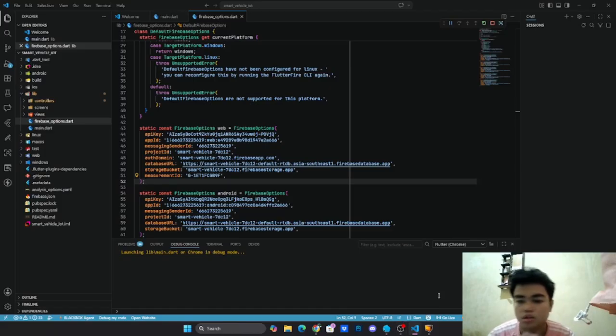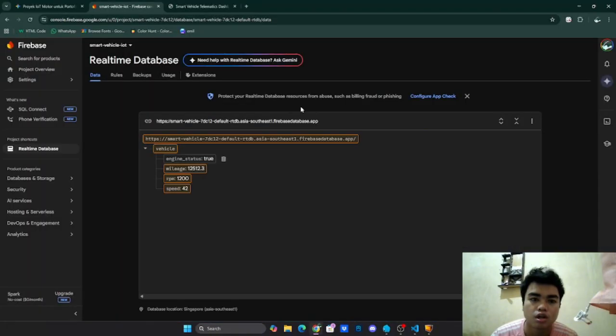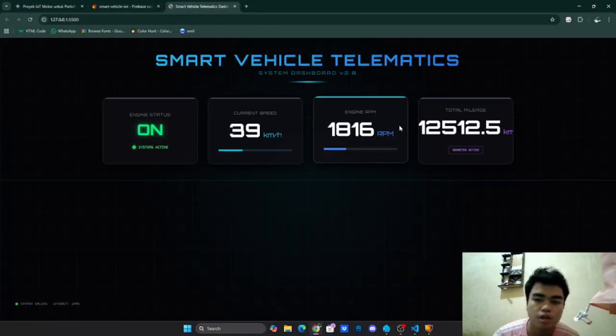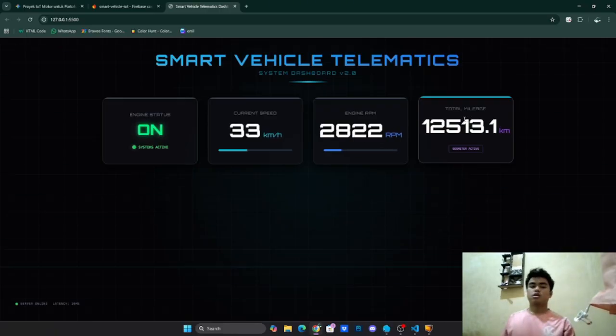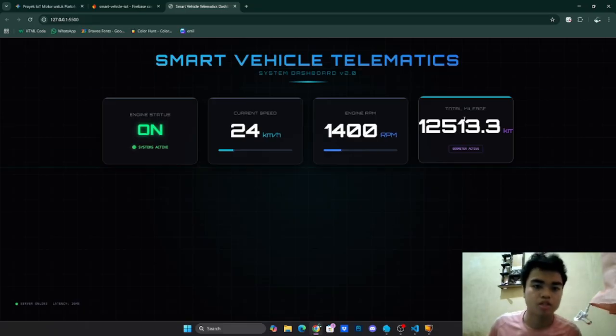In the next video, maybe I will try using this on the real motorcycle when we tap the national ID card NFC to the phone. The motorcycle engine is on and the data like speed, engine RPM, and total mileage is real data from the motorcycle. That's it for my video and see you in the next video.